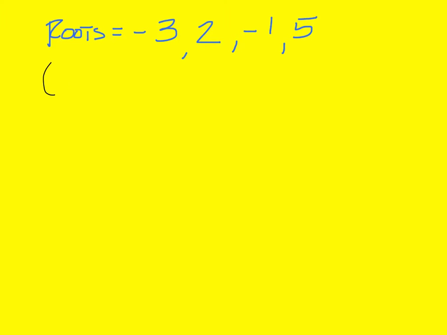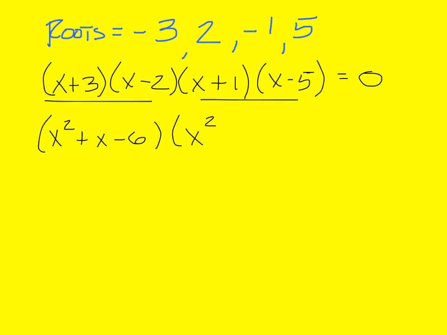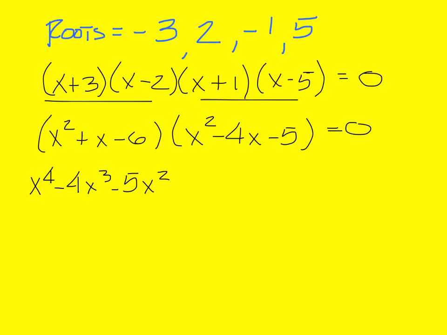Alright, on this one we should have x plus 3, x minus 2, x plus 1, and x minus 5. If you multiply these out two at a time, here and here, you should get x squared plus x minus 6, and on the other side, x squared minus 4x minus 5. And when you multiply out, you'll get x to the fourth minus 4x to the third minus 5x squared plus